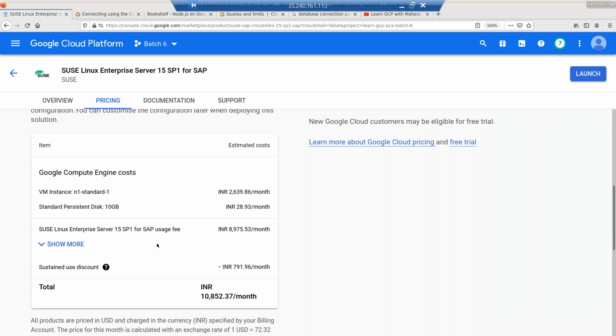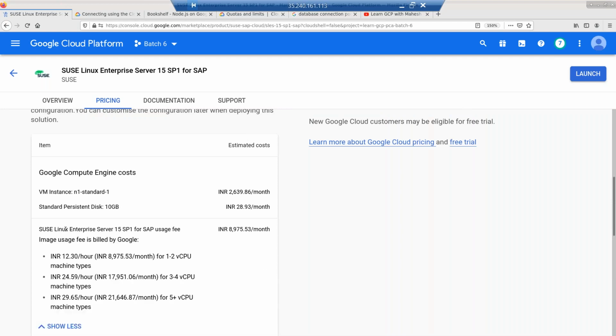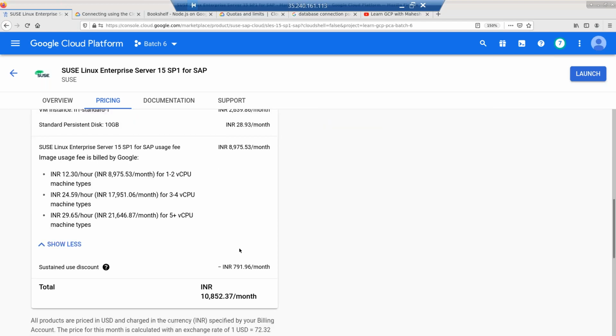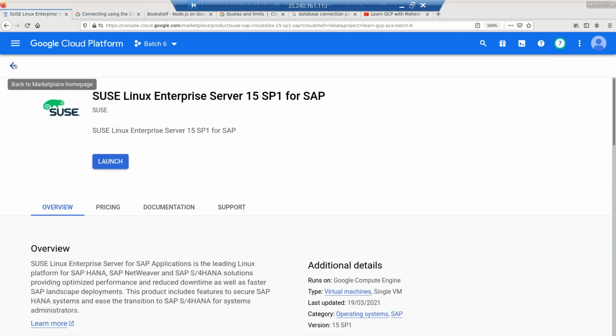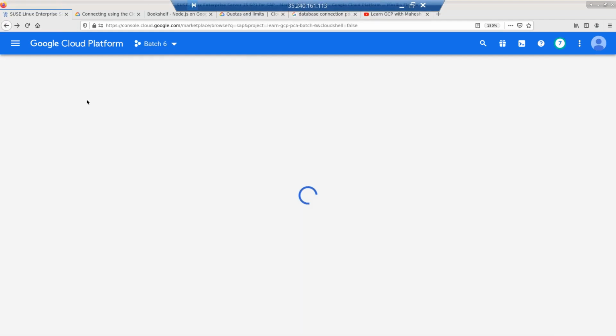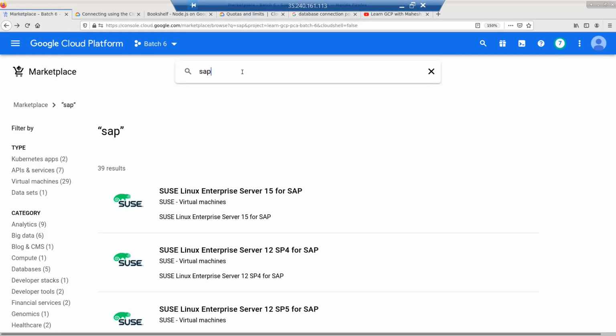N1 standard. There's going to be some license usage because it's a licensed product. Or if you're using SUSE Linux, the usage is going to be this much. So it's going to be like 10,000 Indian rupees. But possibilities are there to run a database like this. So SAP related stuff. But if you look for IBM DB2,